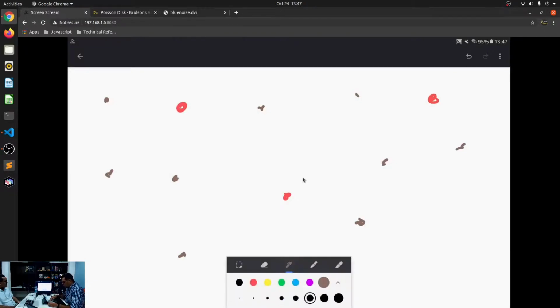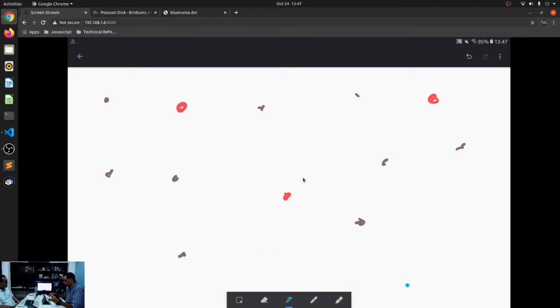What you do is you find out which is the closest distance from the candidates to the active points. So for this one, this is the closest, this is the closest. The blue lines are showing which one is the closest to the active points.